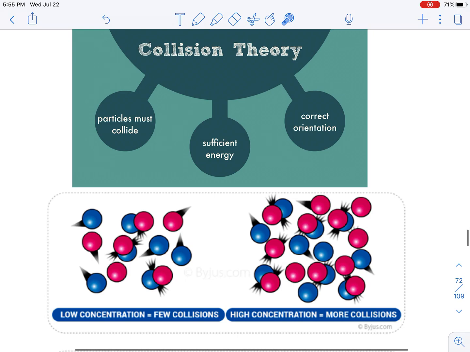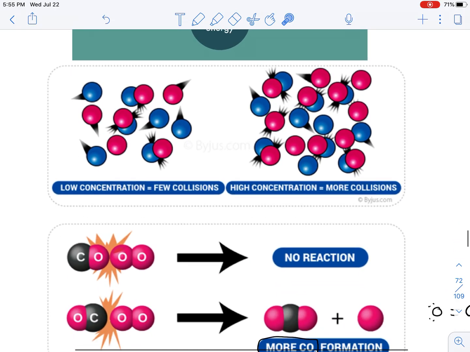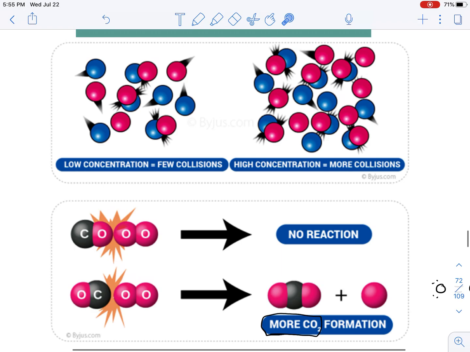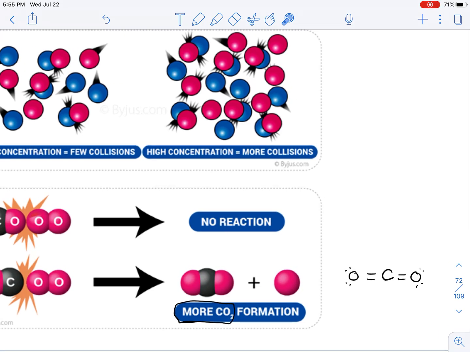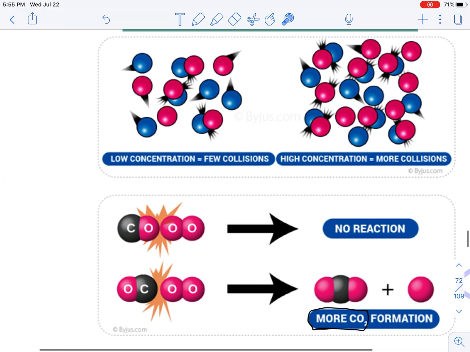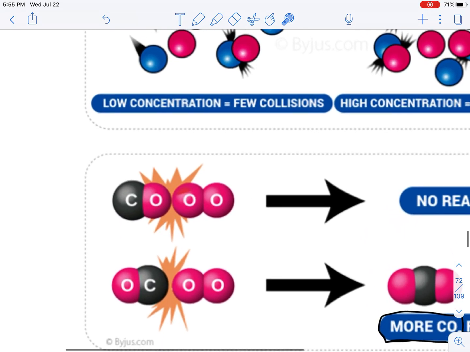All right, so the next part of the collision theory that I want to discuss is the orientation. Let's just say that you want to form carbon dioxide. If you look at the Lewis structure for carbon dioxide, it's very specific. We have a central carbon, and surrounding this central carbon are two oxygens. If you wanted to form carbon dioxide from, for example, carbon monoxide and oxygen gas, when these two reactant particles collide,